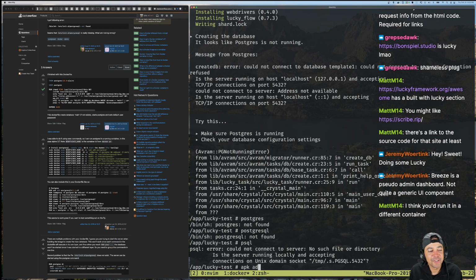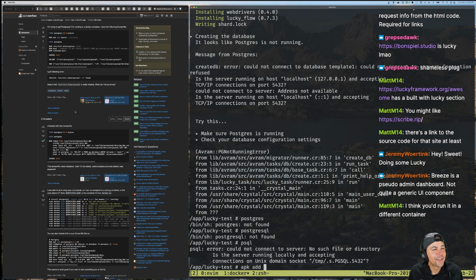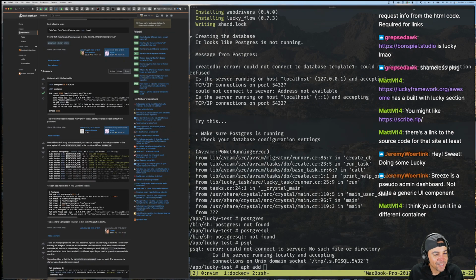Yeah, I usually would, but not today. I just want to get something going. Let's see, apk. What is it though? I shouldn't have closed that Alpine thing. Is it called libpq or something? Maybe it's just PostgreSQL.